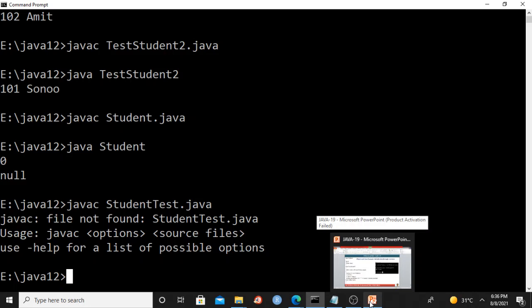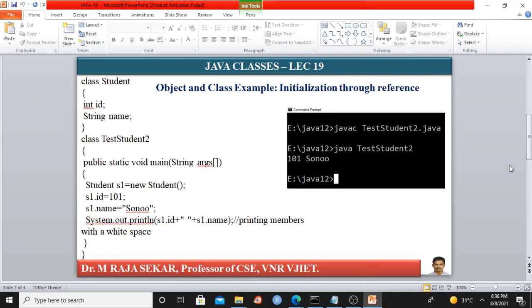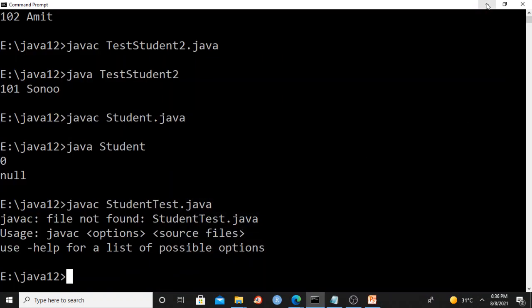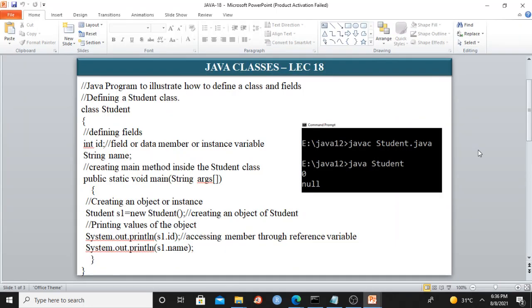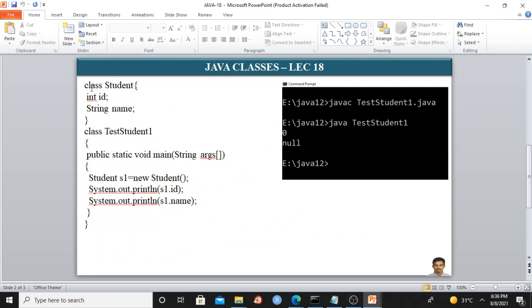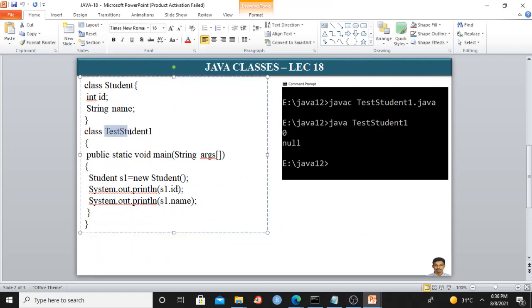This is a Java 18 program, my previous program. Just see this one here: I defined class Student in a single class only. What about the next one? This is TestStudent1. Yes, that's my mistake. TestStudent1 is my program name.